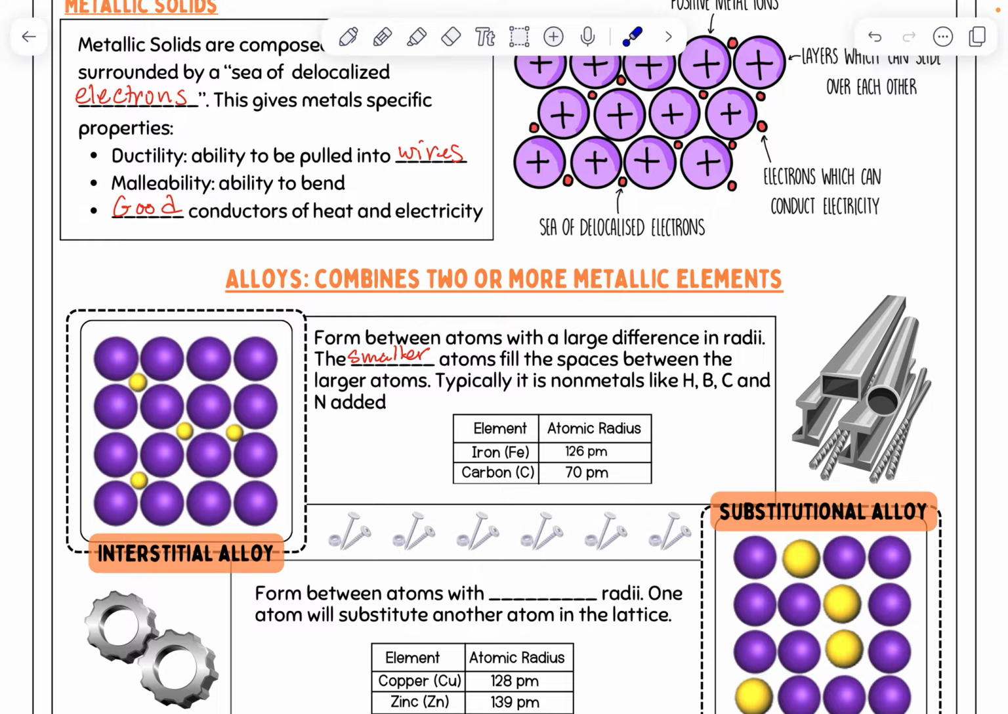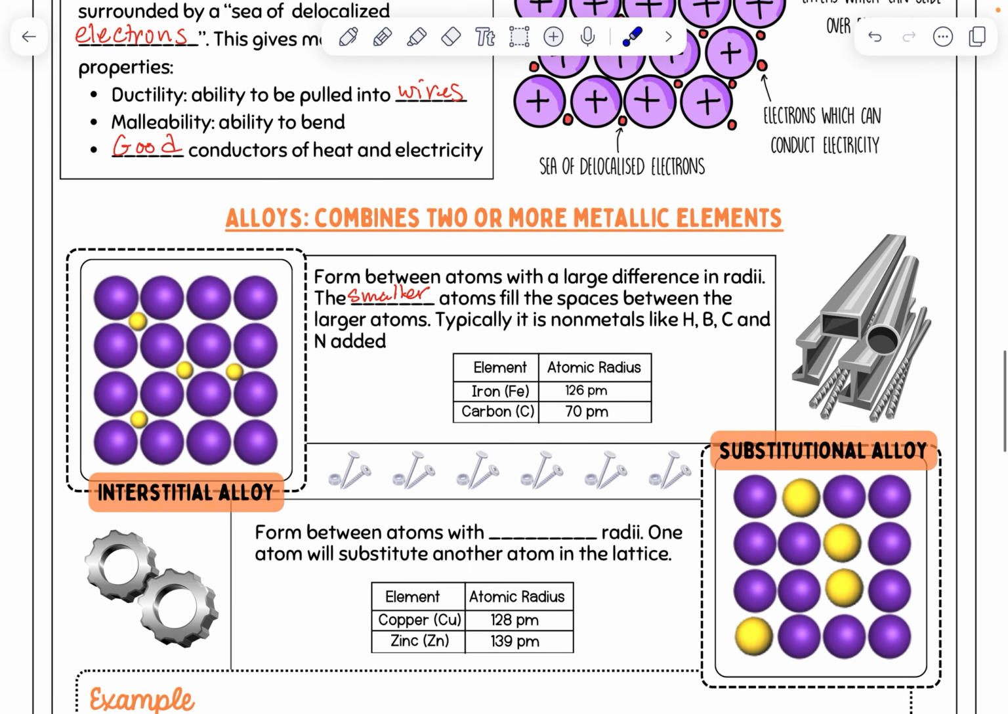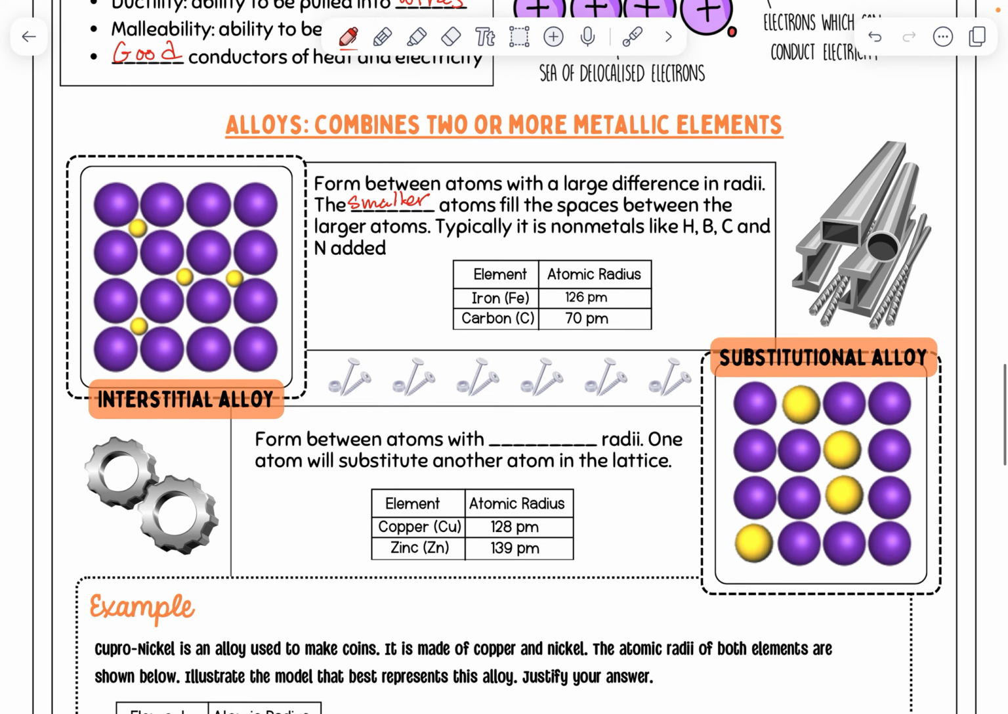So here we have iron with an atomic radius of 126 pm, and then carbon is almost half that at 70. And that's an interstitial alloy when you have a large difference in size. An example of this would be steel. And then we have